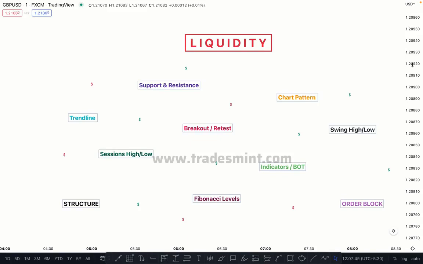Okay, most SMC traders don't know exactly how to mark structure correctly, and some people think the order block is everything: break the structure, order block, and sell or buy. No, they create another type of liquidity. So we will discuss all types of liquidity. We will focus on the major types of liquidity. Let me show you how banks read our stop loss, our structure, and how they manipulate, right?